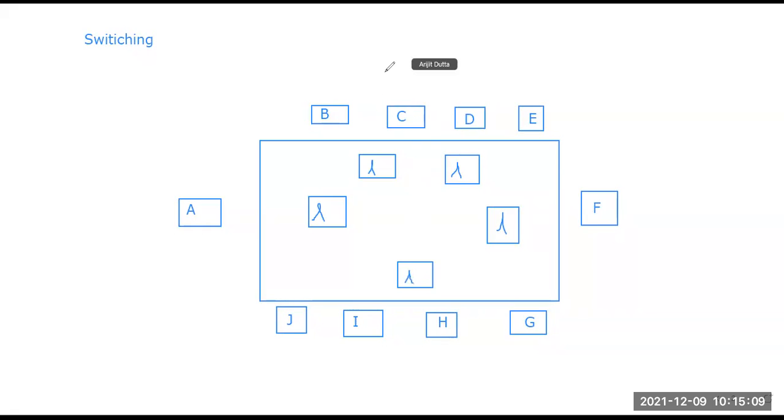Suppose this is my first, this is my second, this is my third device, this is my fourth switch device, this is my fifth switch device. So now how is the scenario connected with each other?